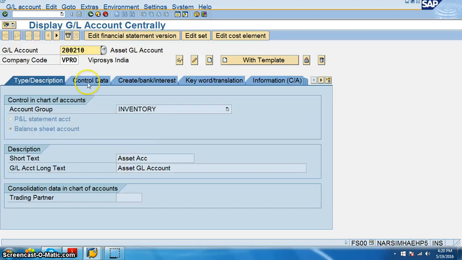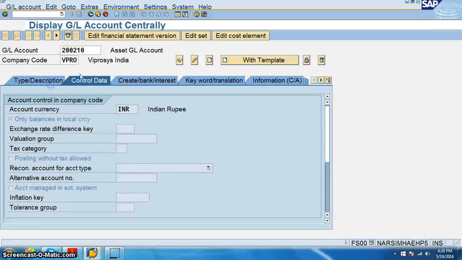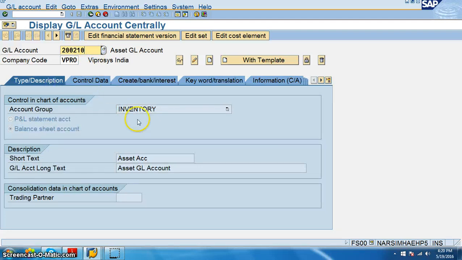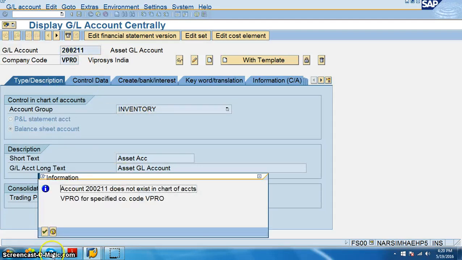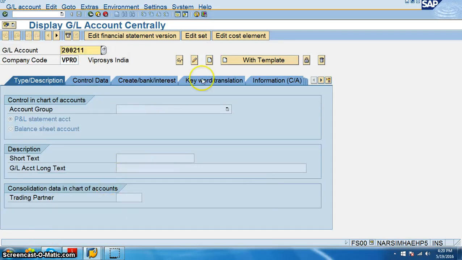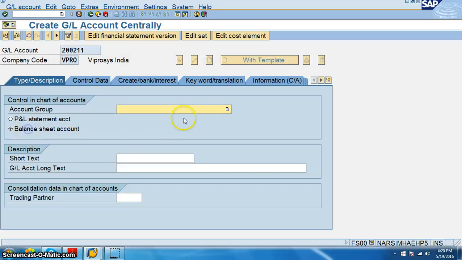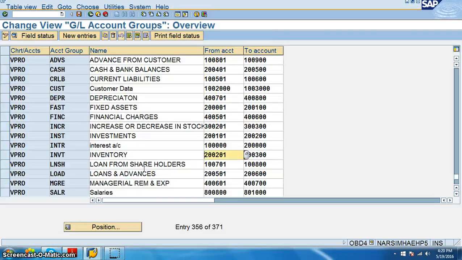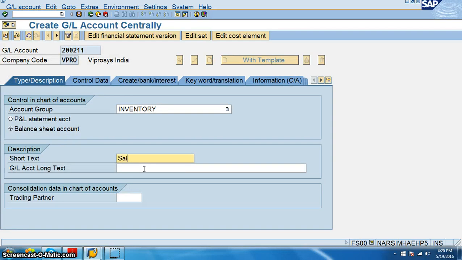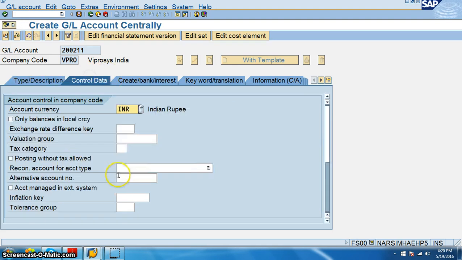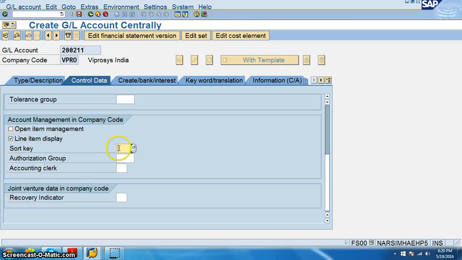Create, control data, create sheet account, inventory. Here we'll create a sales account. Control data, balance, line item.